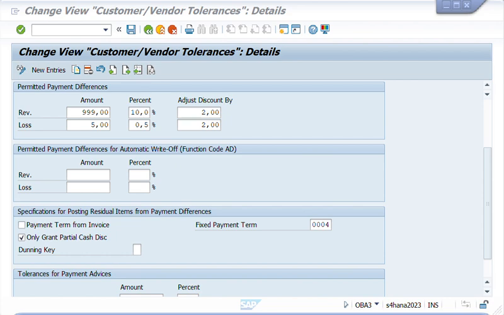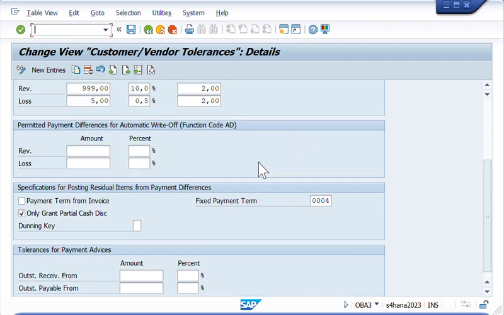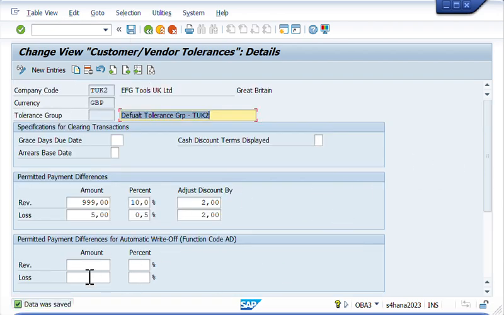This new open item is for the same amount as the original open item minus the amount paid. Okay, so we will retain the checkbox for the only grant partial cash discount. Okay, so tolerances for payment advices will retain it blank, and then let's click save, and then the data was saved,